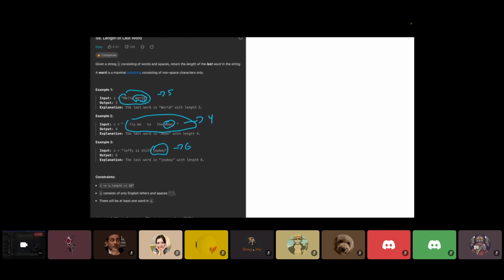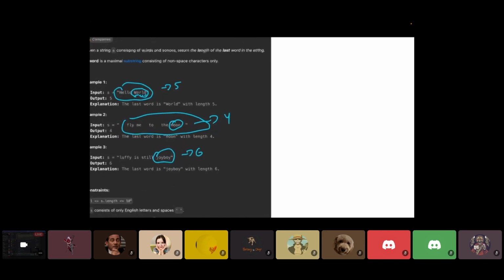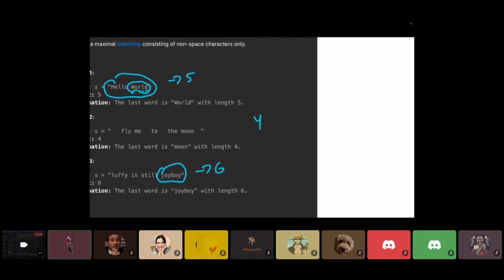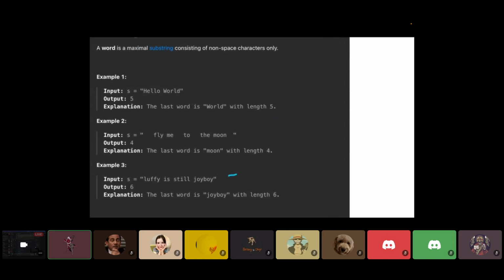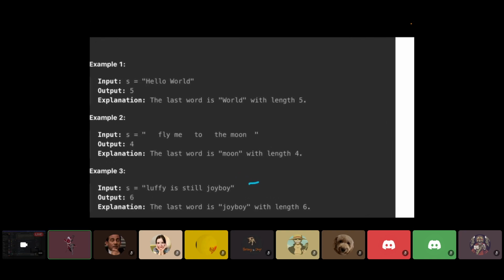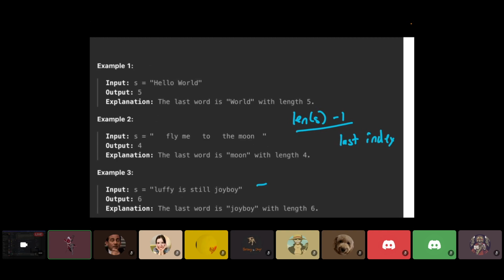So all we're gonna do is iterate through the string backwards. So, say we have, let me erase all of this. I guess we can do hello world. Or let's do fly me to the moon because it makes more sense, right? So we're gonna start with this as this problem. We're gonna start from the end of the string, which you can do pretty simply by, for example, just getting the length of the string, right? Minus 1. That normally would give you some number that is the last index of the string, right? So we want to go to the last index,